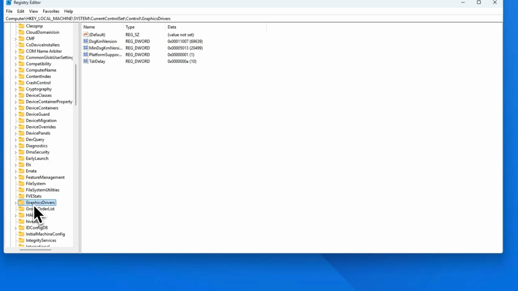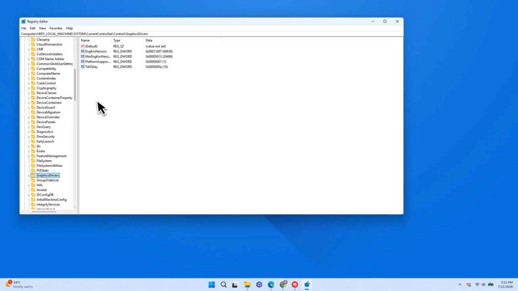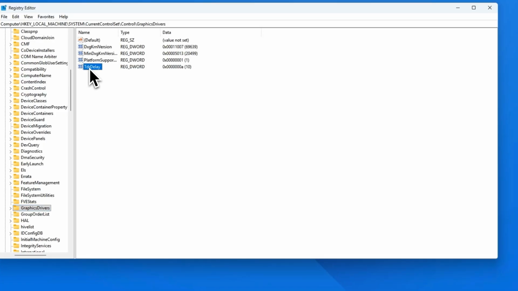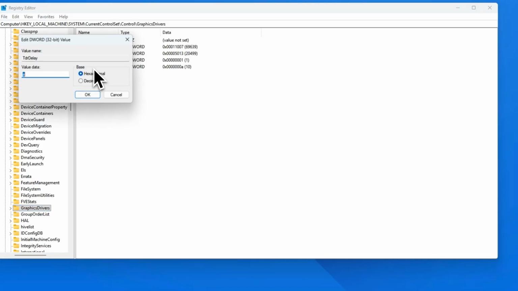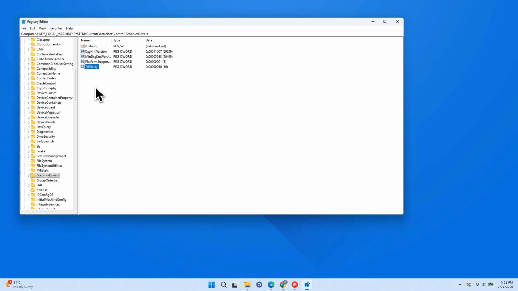Select this folder without expanding it and look for a value called TDR Delay. If you already have this value, double-click it and make sure the value data is set to 10, then click OK. If TDR Delay isn't available, right-click an empty area on the right side, select New, and choose DWord 32-bit